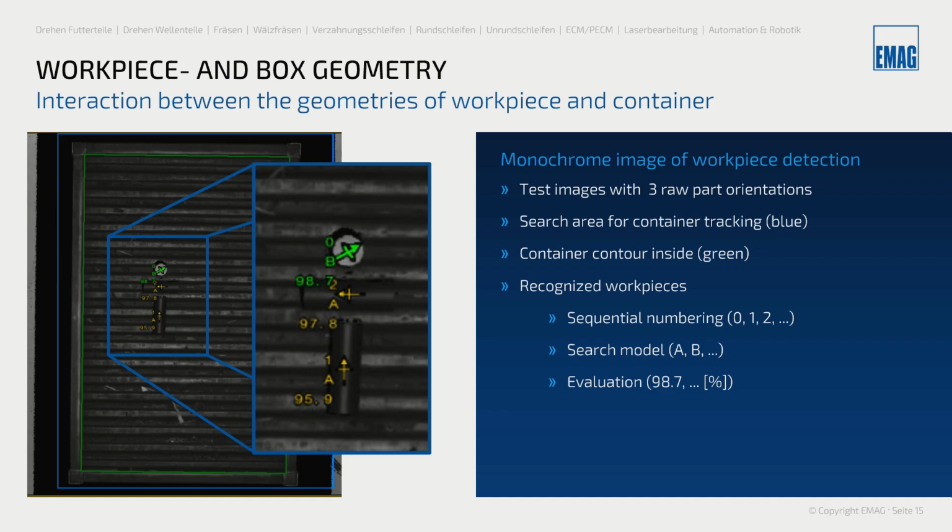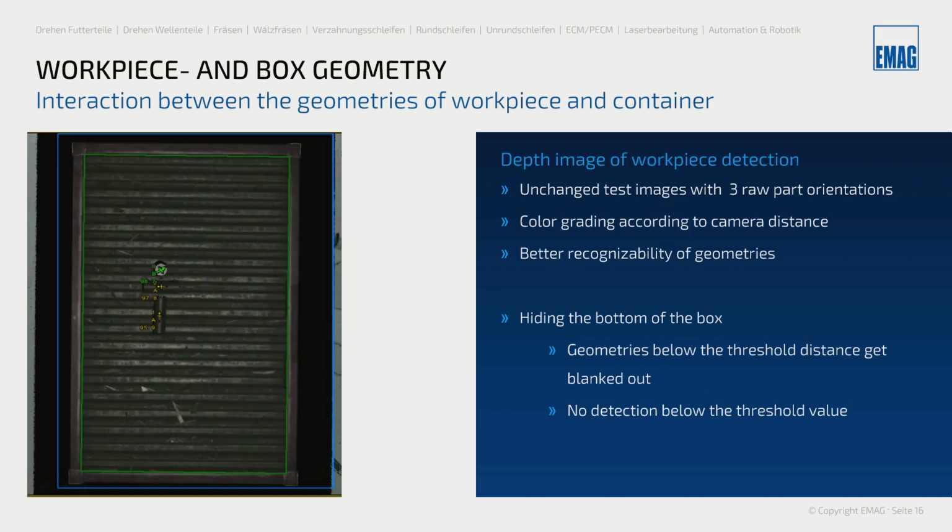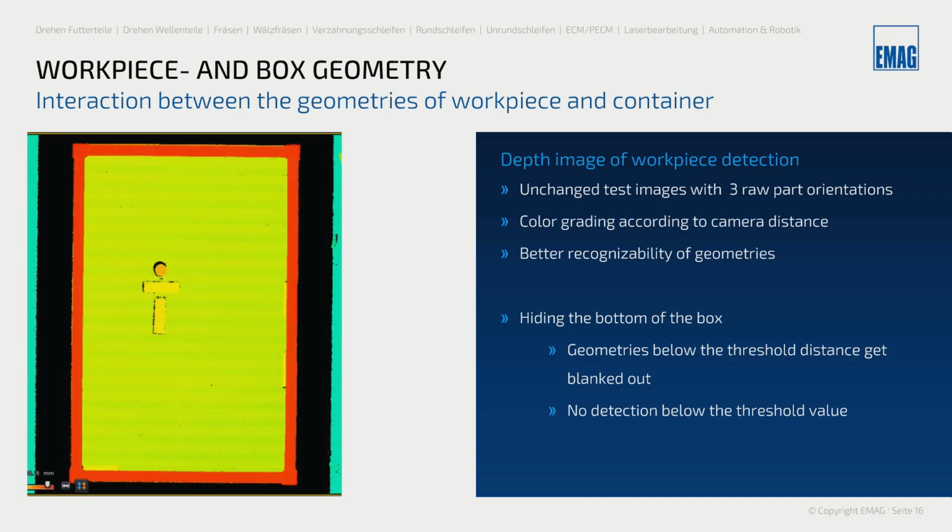So to get a better look at the height information that we get out, we can change to depth grading, where we have colors shown. Red is closer to the camera, blue, the guiding lines on the bottom, is the most distant point to the camera. Nothing changed in the box itself. It's the same image, the same 3 raw parts. We only have a color grading now